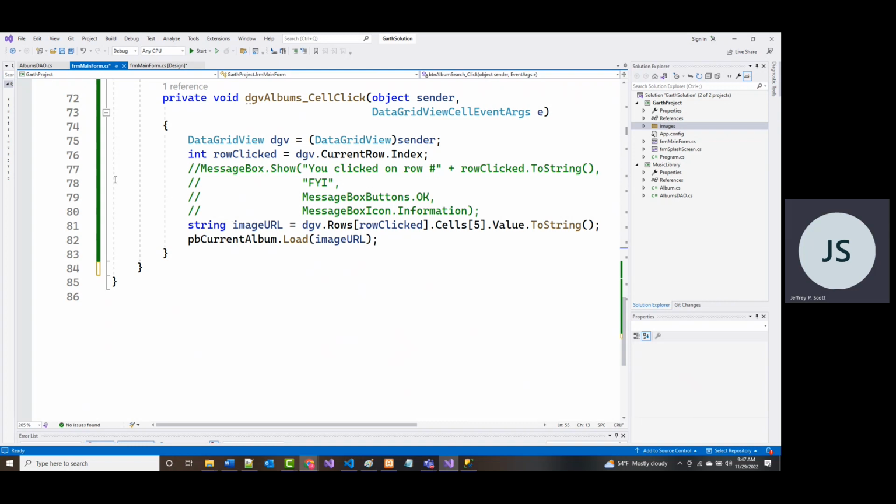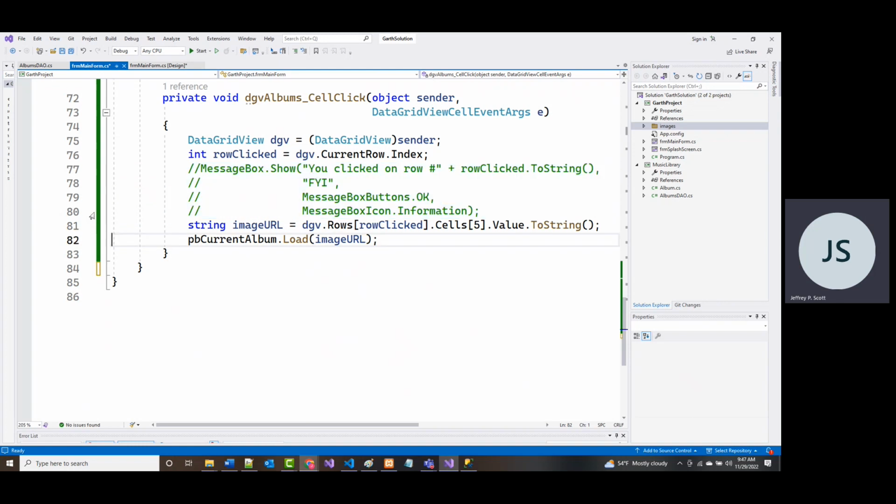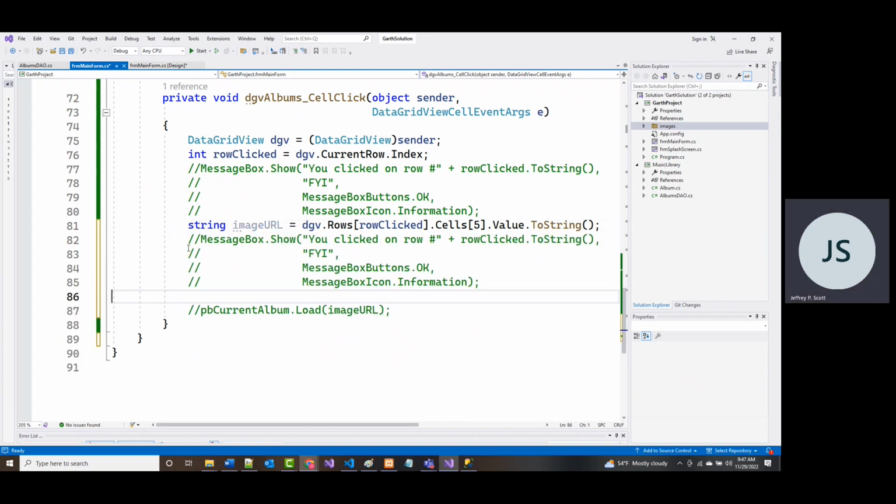Well, this isn't going to help any, but what I'm going to tell it to do here is comment this line out. And I'm going to bring this in here, but I'm going to uncomment all of this.